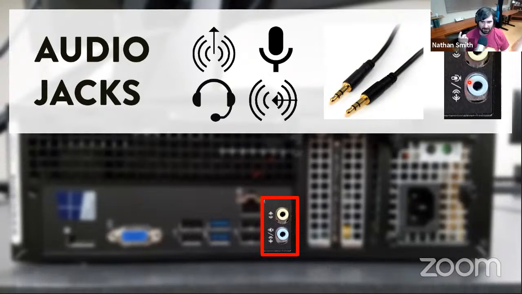One is going to be your output, or your audio out. So that one you'll either plug in headphones or speakers or something else that plays audio out of it. That way you can hear what's going on your computer. You can watch a video without disturbing people around you. And if you have a desktop computer like this with the case, it might not even have speakers built into it. So you might need an audio device of some sort in order to be able to hear anything from the computer.